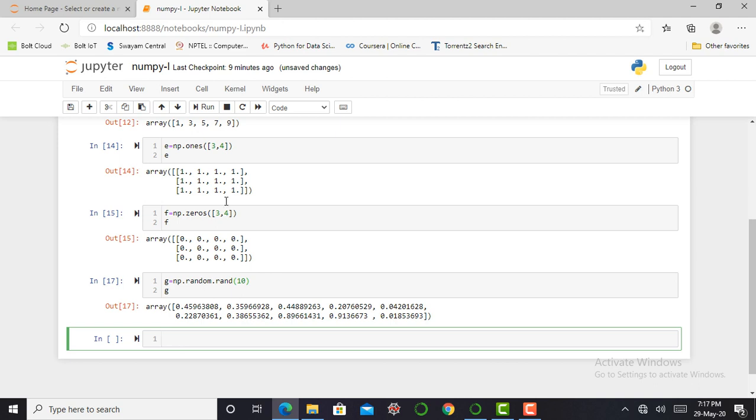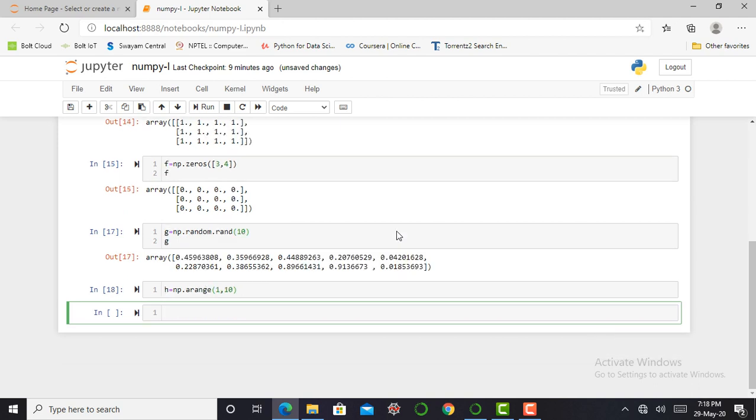Then the next step is to create an array using the reshape command. How reshape actually works, we can see in this code. I say h is equal to np.arange, with start point 1 and end point 10, and I run it.